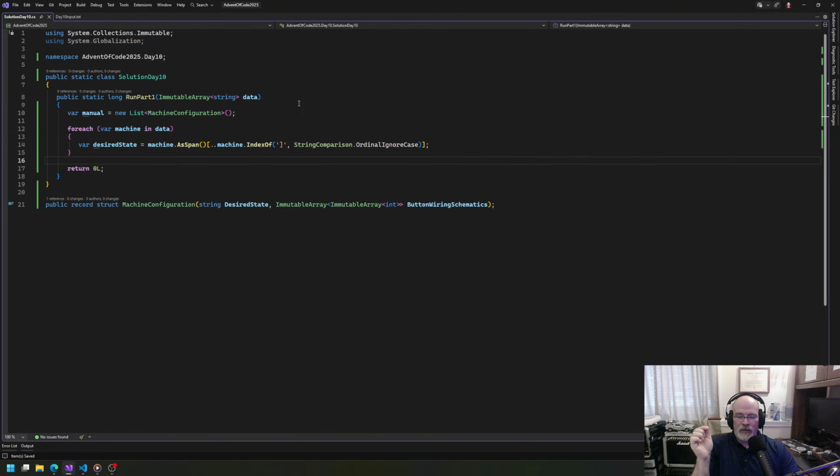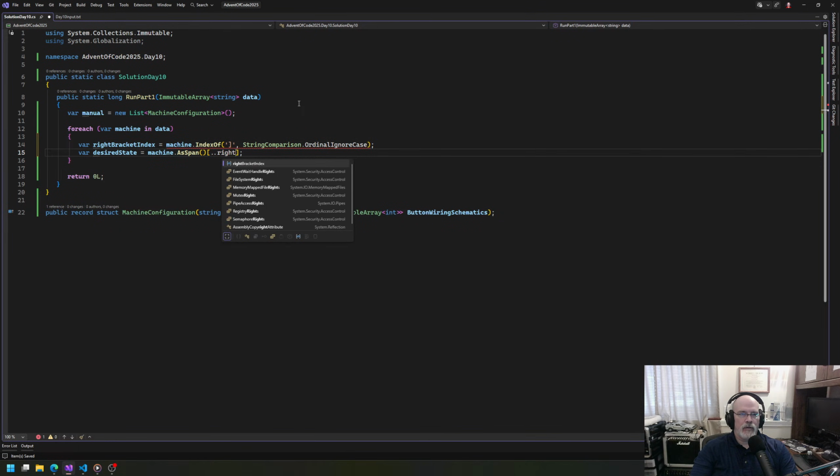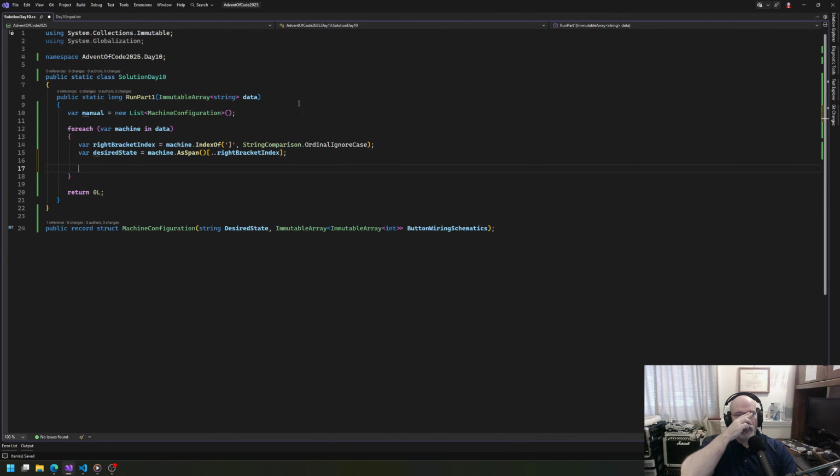Okay. Now what we want to do is keep looking for left parentheses until we don't have any more. And what we want to do is capture this value: var right bracket index. And the reason we want that is because we want to use that for where we start next. While